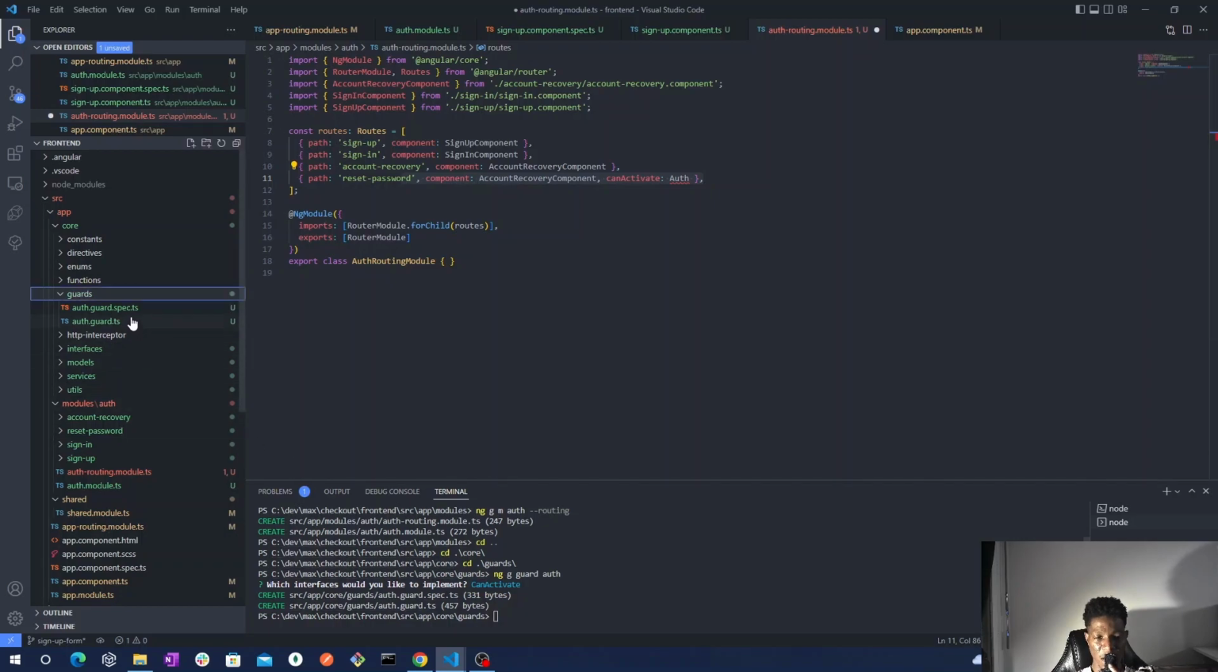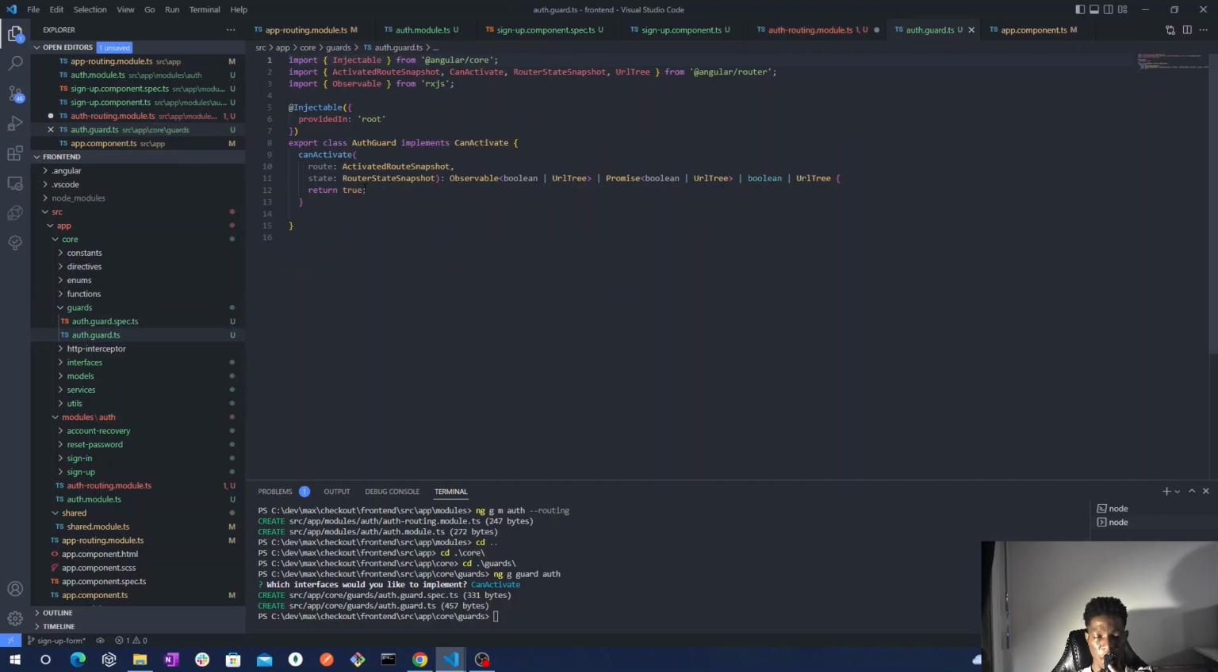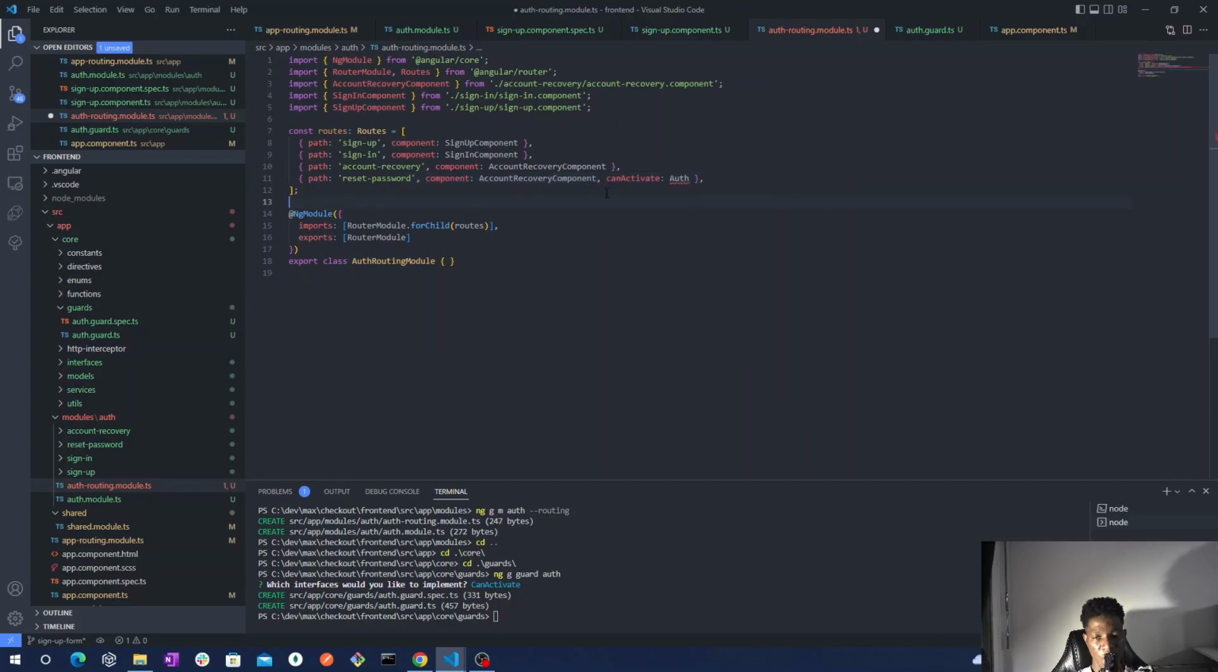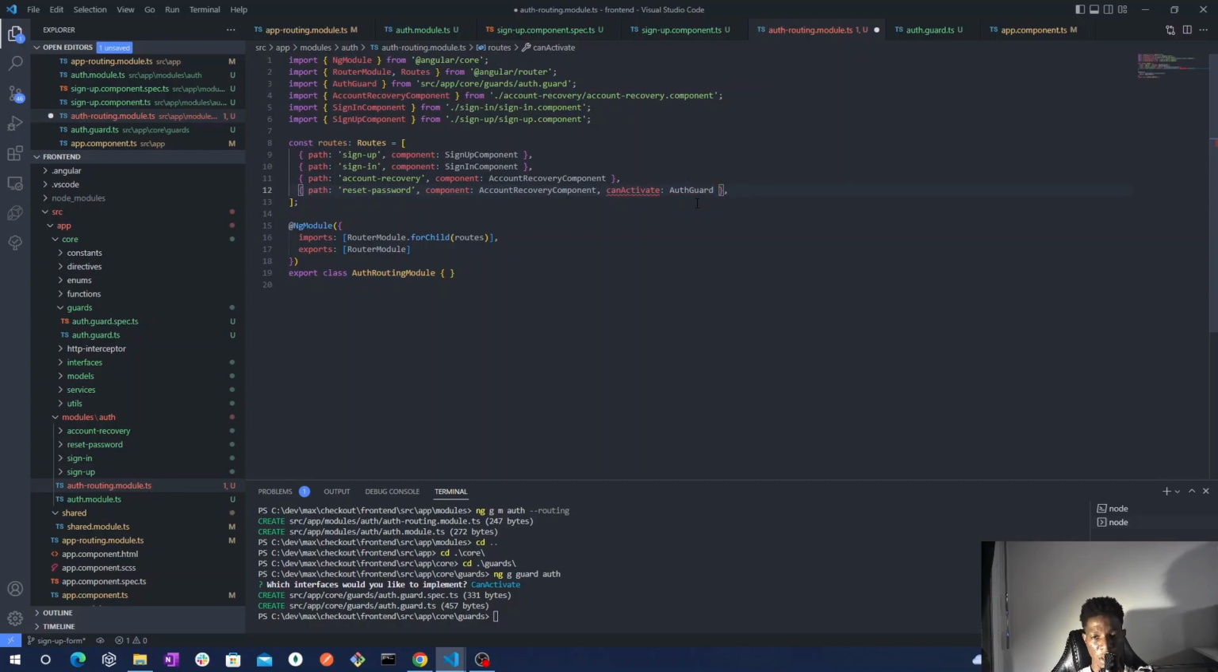So here we have our guard. Our guard is ready. We will get back to the guard later, but now we have our guard. We can directly import our guard. Just hitting tab, you can see that the guard is automatically imported. So now the guard, we can use